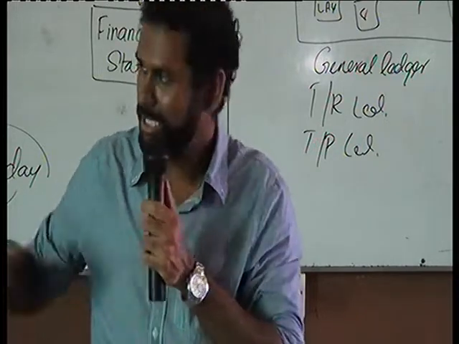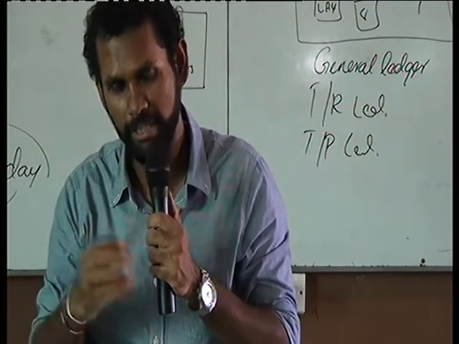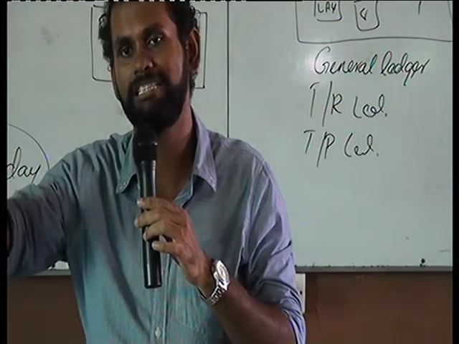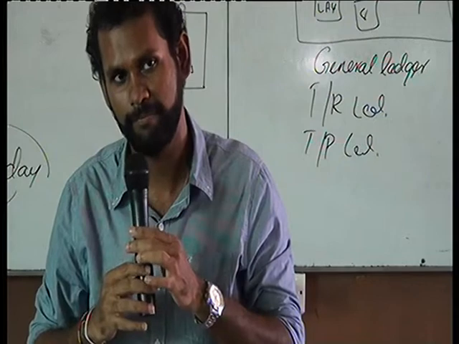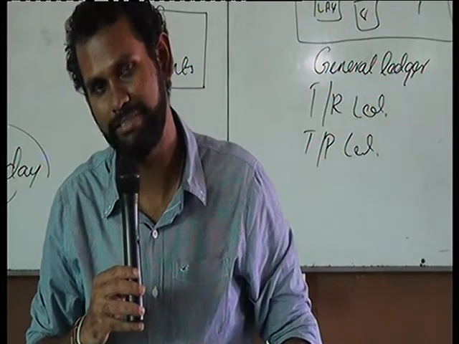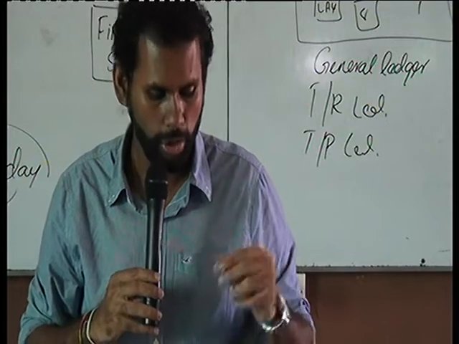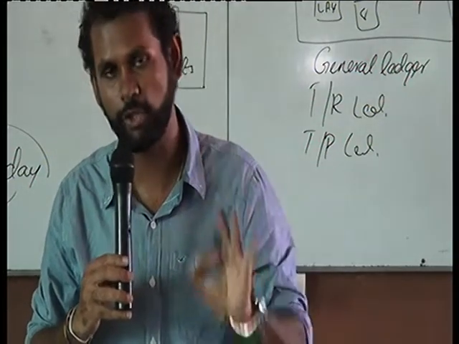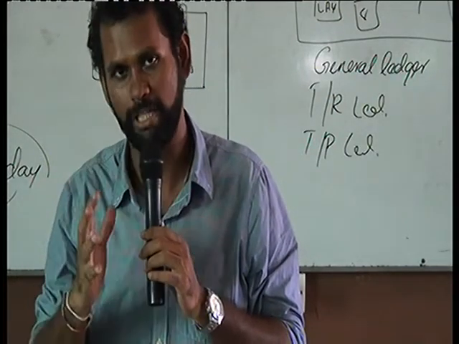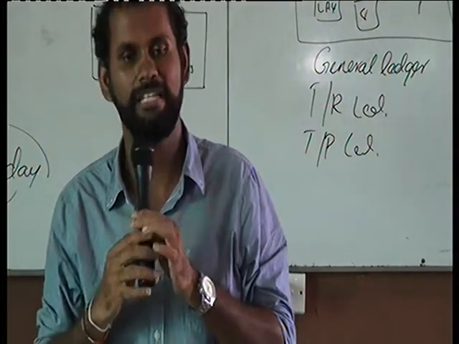Because without a source document, we will not have any document for us to verify whether the transaction has happened or not. There's no way for us to go back and check whether this transaction actually relates to something. In case there's an error, we cannot go back and check which account this transaction relates to or what its nature is. So a source document is the basic document related to the transaction that we are accounting. Whatever the transaction type that we account, we have a related source document, so we have a basis of evidence for the transaction that has happened.